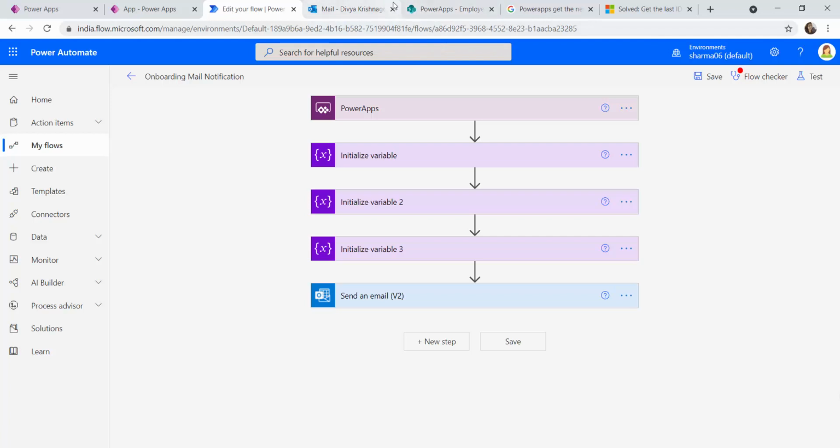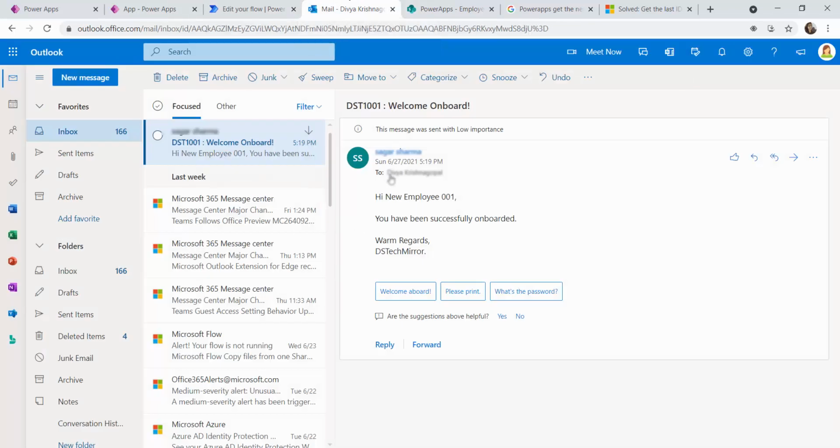Apart from that, we have made a successful connection between Power Apps and Power Automate. On submitting a new form, Power Automate was called and an email notification has been sent to the respective user successfully. If you can see, the to address is correct. The data here is a new employee.